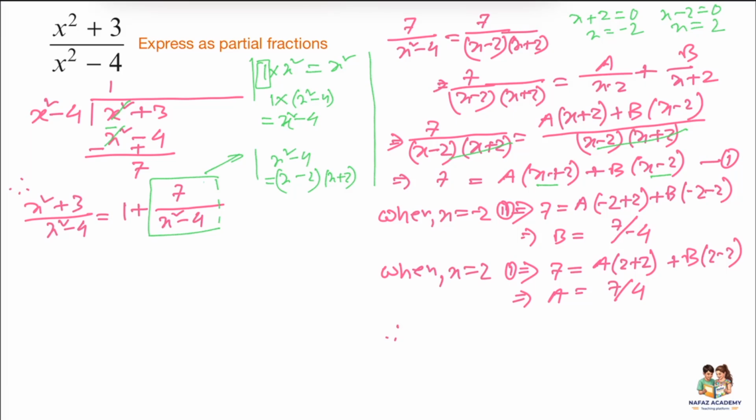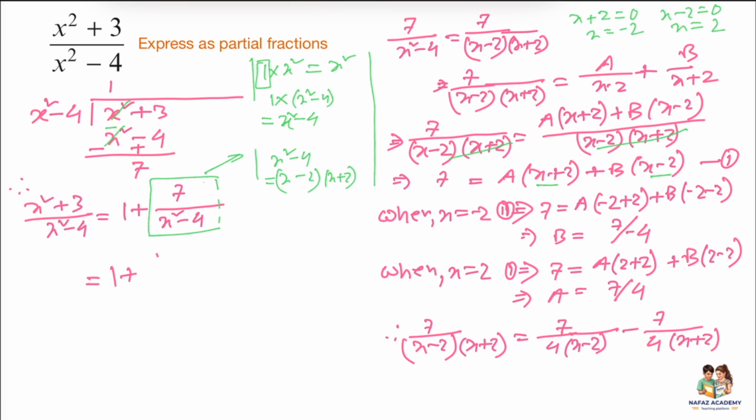and put the values of a and b in the top equation, the main equation. 7 over x minus 2, x plus 2. What is the value of a? It is 7 over 4 times x minus 2, and you can write the minus sign. And b, what is the value of b? It is 7 over 4 times x plus 2, and put this expression in the main